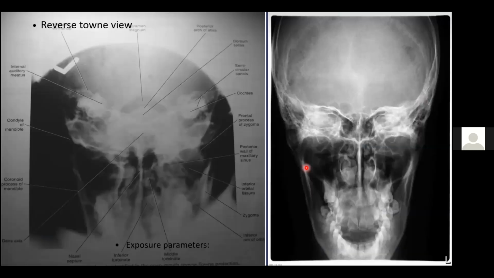Yes, ma'am. So this is the image which you get. This is a black and white picture, so I have put it. Sometimes they just take the picture from a book and ask you an image-based question. Here I can see it is an elongated kind of PA. The nasal cavity is there. The condyles are visible. The skull vault is visible. And this is actually what an ideal reverse Towne will be: open mouth, elongated PA.